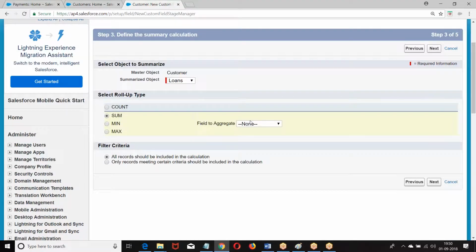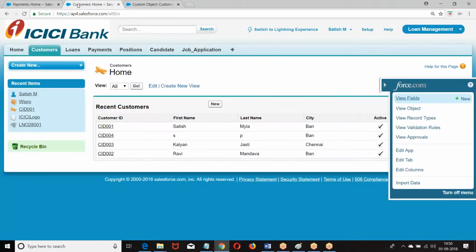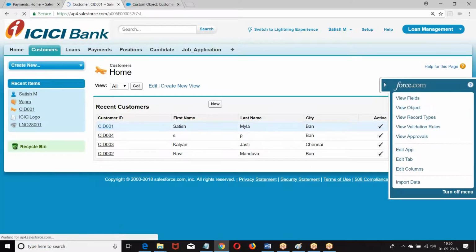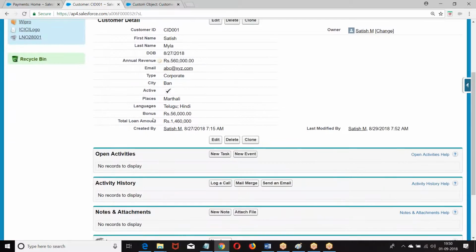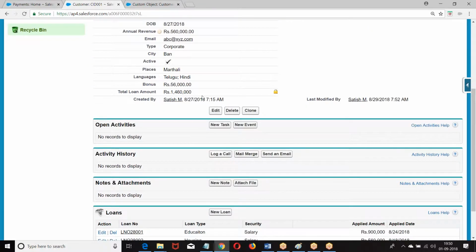So I have this loan. Sum of what? Sum of applied amount. Do you want to include every record? Yes, every record. Next. So go to the customer 001. What is the total loan amount? 14 lakhs 60,000.